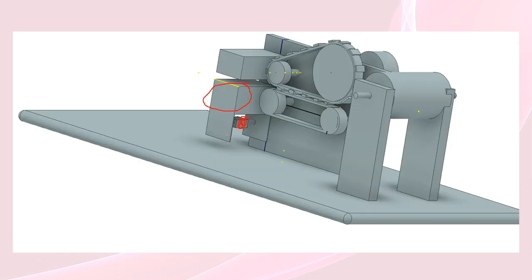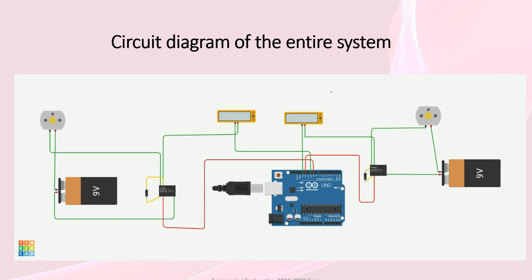And moving on to the circuit diagram, this is how our circuit diagram looks. As I said, we are using 2 motors. This motor helps to dispense the tape, and this motor helps to cut the tape. And the logic behind the programming is, if the user input is A, then motor 1, which is for dispensing the tape, starts rotating until we press button B, and after pressing button B it stops. And if the user input is C, then motor 2 rotates one rotation and then stops.